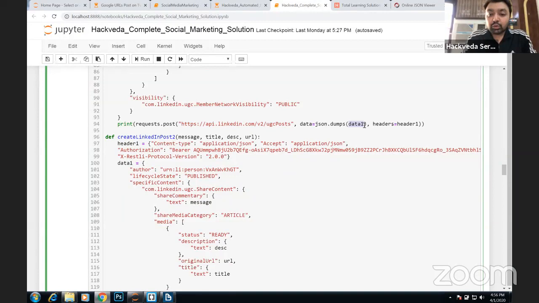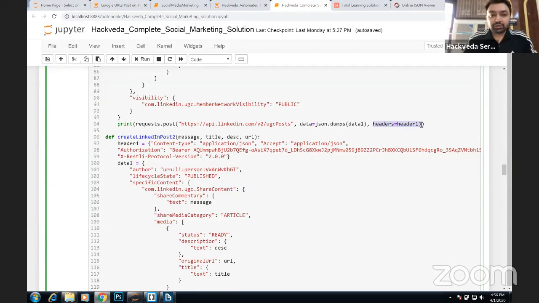So now you have to convert this dictionary into JSON format. So you need to use this function json.dumps. It is going to convert your dictionary into a JSON format, and finally it is going to store it into data. And you have to define your header information also. So once this function is called, automatically a new post will be sent